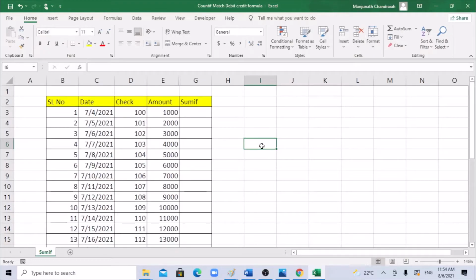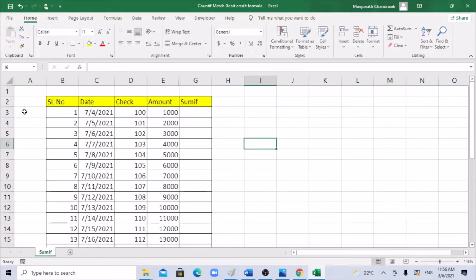Today's session will be using the SUMIF function to knock off based on a check number. If the check has multiple line items summing up to 0, we need to get those details. You can use a pivot table for the same, but we'll try using the SUMIF function, which is much simpler. In the previous session I did the COUNTIF function, where we can knock off the same debit and credit amount based on the check number. If you have not gone through that session, I'll be sharing the link in the description below.